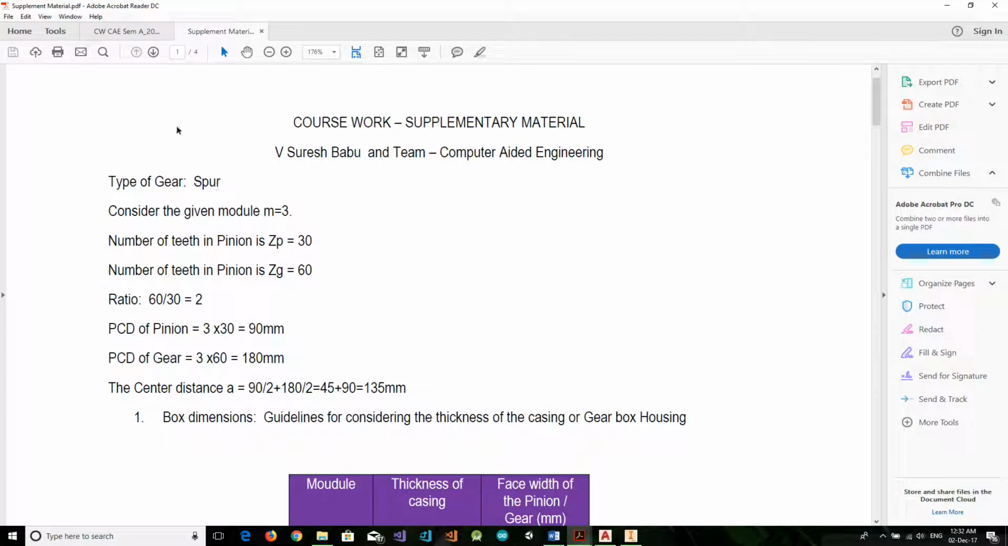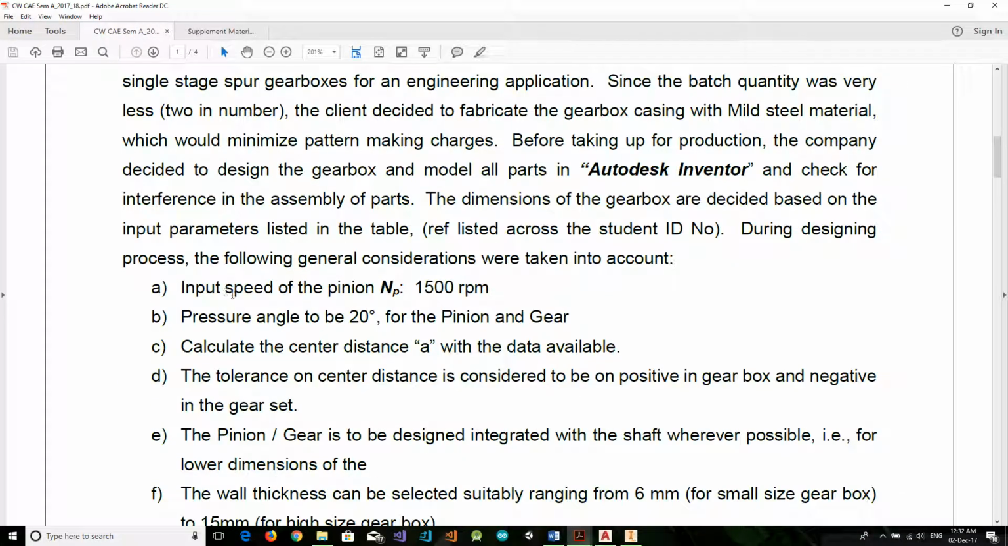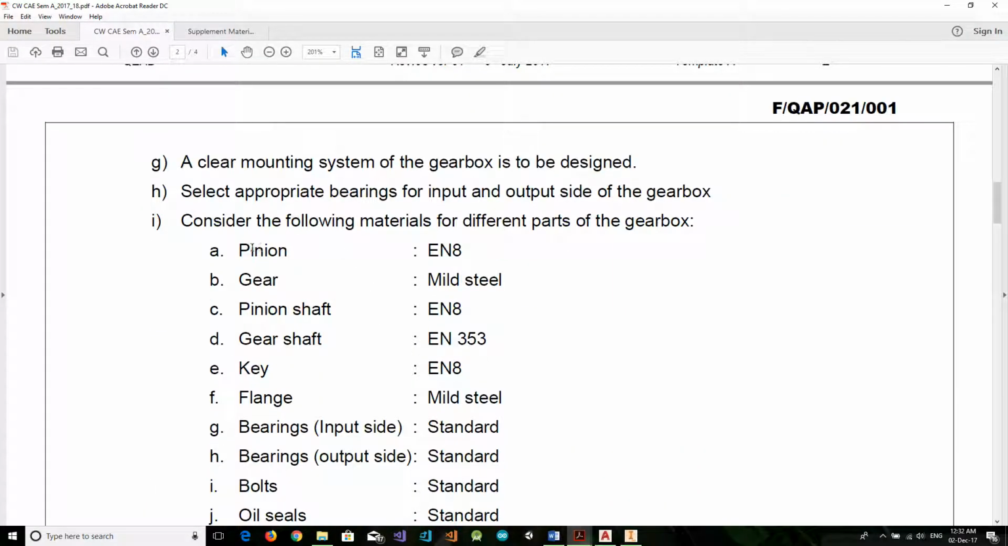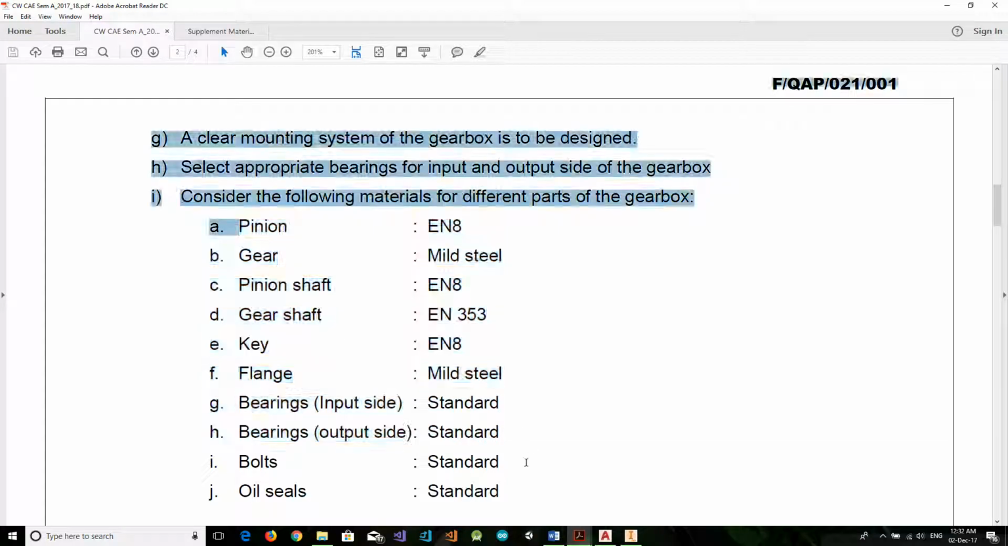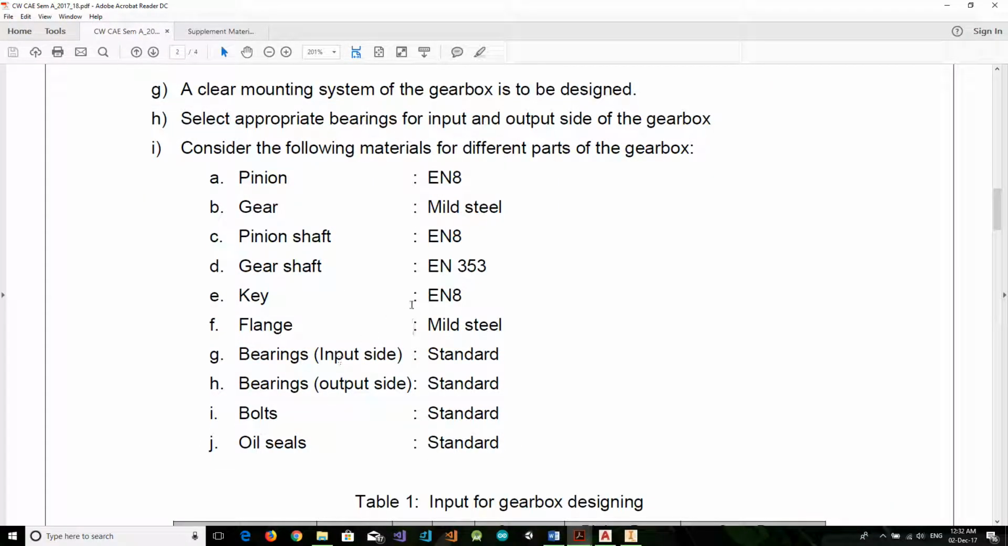One of them will have an example, and the other one will have some inputs for our coursework, such as the input speed and the pressure angle, in addition to the materials that we'll need to use for each component, each part. One small note regarding the key. We won't be able to change its material because it's a material we will be importing from a library with pre-built